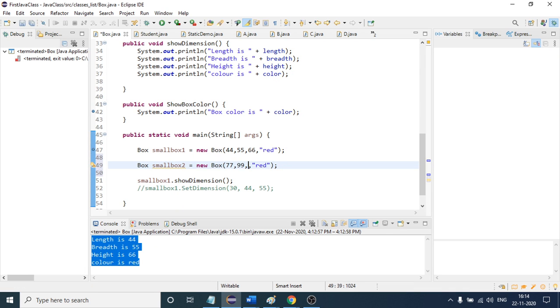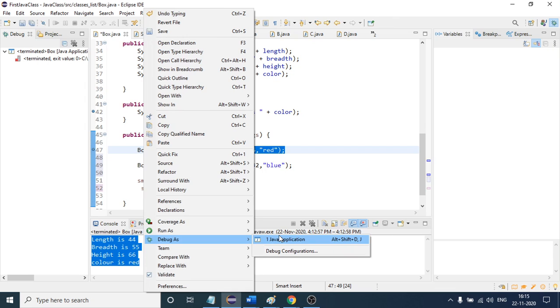77, 99, 723, any value, right? So here I will say blue, and if I show the dimension, small box 2 dot show dimension, right? So again that constructor will be invoked, but for this object that constructor will be invoked only once, right? And for this object that constructor will be invoked only once. So if I show you, right click, debug Java application,